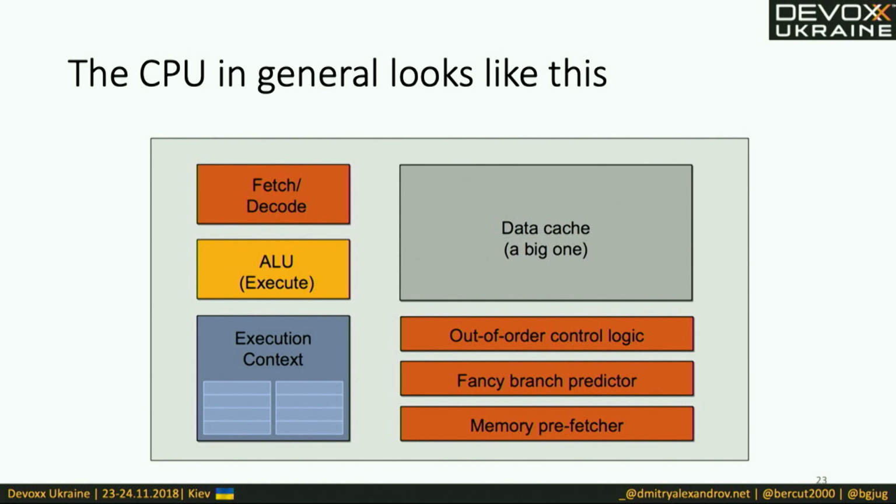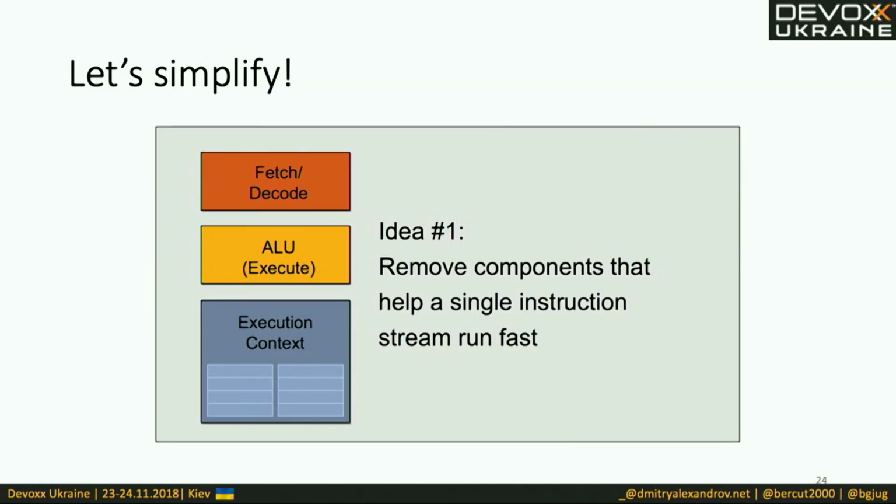So first of all, the data cache. That's a big piece of hardware because we usually process the same data or nearby pieces of data, and here we can accelerate this. But since our processor can most of the time be interrupted and can run many programs simultaneously, we have other fancy units like branch predictors, out-of-order controllers, prefetchers, everything to accelerate. But do we need all of this for graphics processing? Actually, no. So let's simplify.